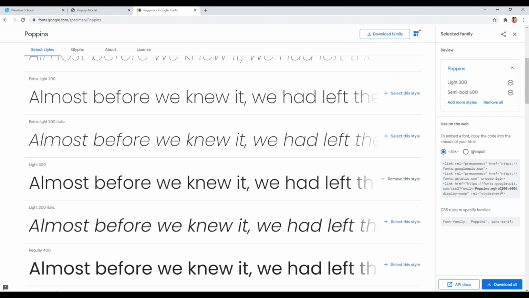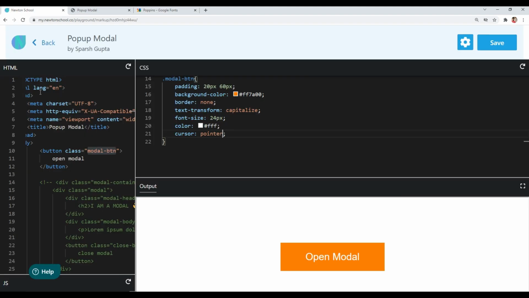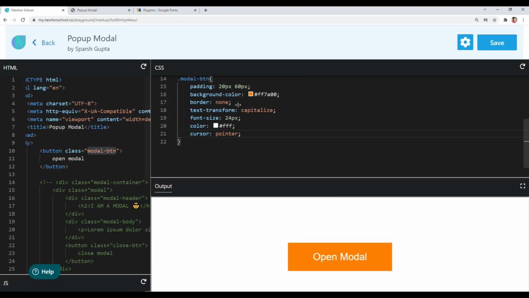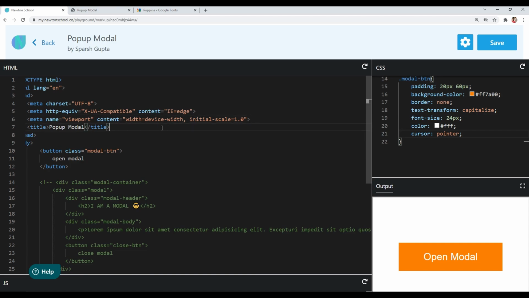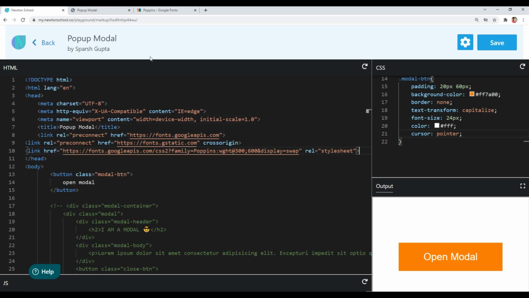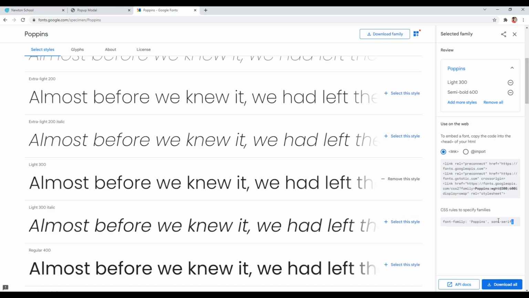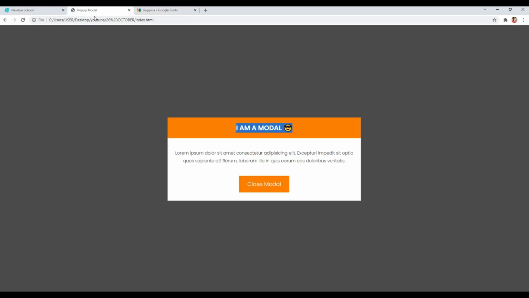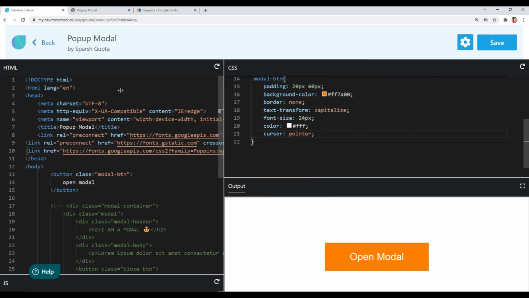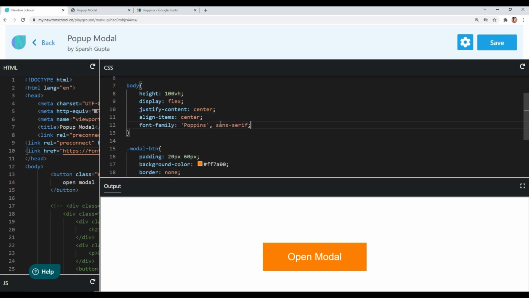So let's copy the link tags and paste it inside our head tag. Let's also copy the font family part and paste it inside our body tag. Now all of our elements will inherit the font family from the body tag.